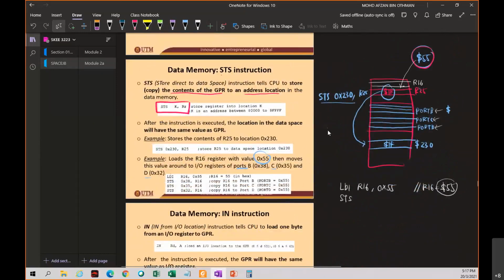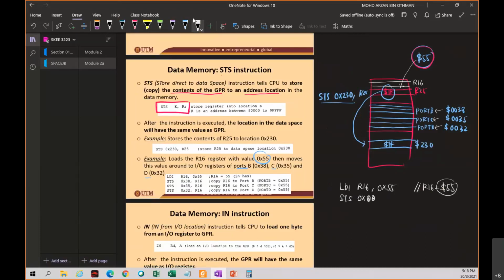So this is address 0038. This is address 0032. And this is address 0035. So barulah kita boleh hantar. Macam mana nak hantar? So STS. Okay, hantar dulu